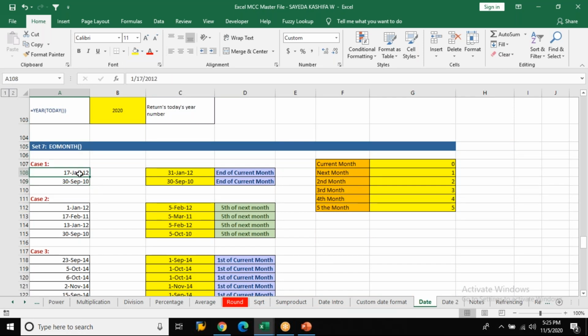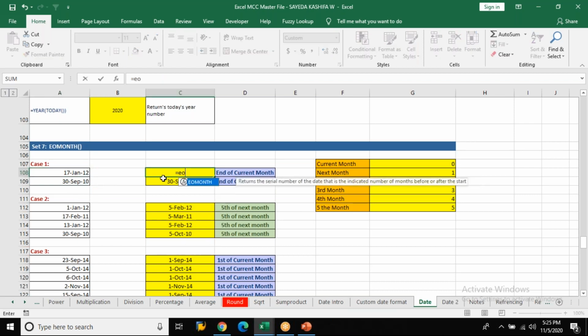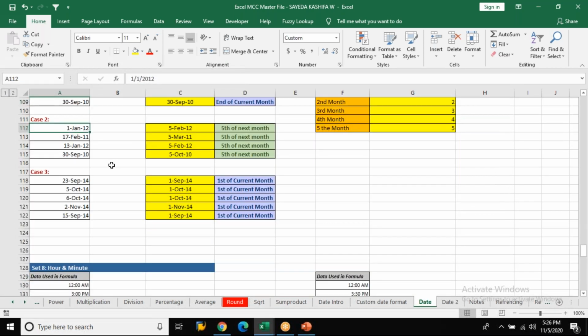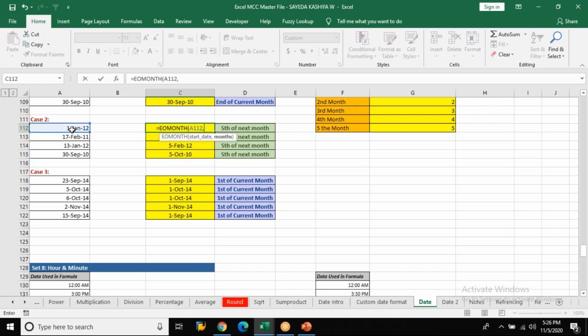Now 17 Jan 2012, what should be the last day of January? 31st Jan 2012. What did I do? EOMONTH, end of month, select the date, comma, 0, close it. That is the present month. I'll say January 2012. I want, after 3 months, what should be the last date? Okay, your month, this, comma, 3.